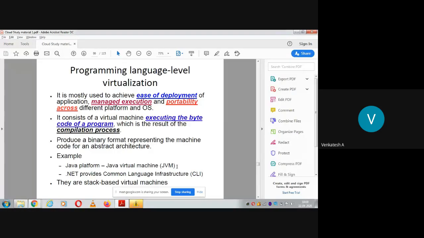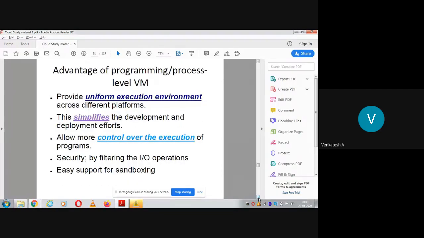And we know the property of a stack. What is the property of stack? LIFO or FIFO? Last in first out, yes. So the JVM or CLI follow stack based virtual machines, which means they have the property of last in first out in terms of execution.